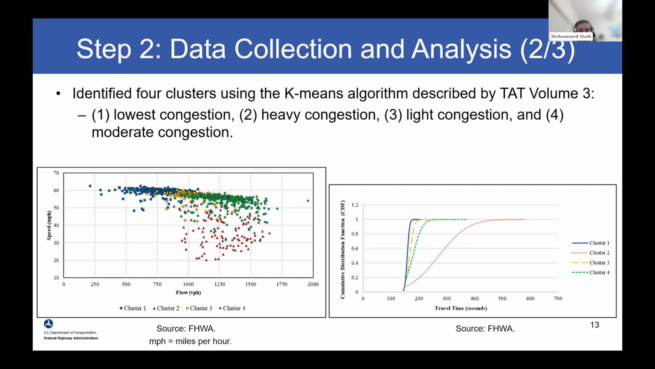Clusters 2 and 4 differ mainly in the period of congestion. Cluster 2 has congestion for 3 hours of the peak. It starts around 3:30 and continues until 6:30 or so, while